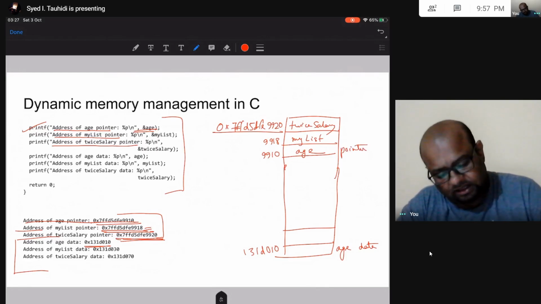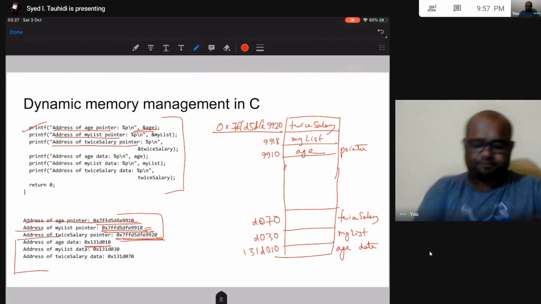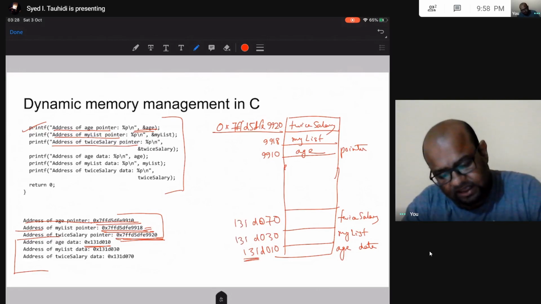Then here in D030 I have my list data. And then I have twice salary in address D070. Alright, so this is going to be the same, and this part is going to be the same.